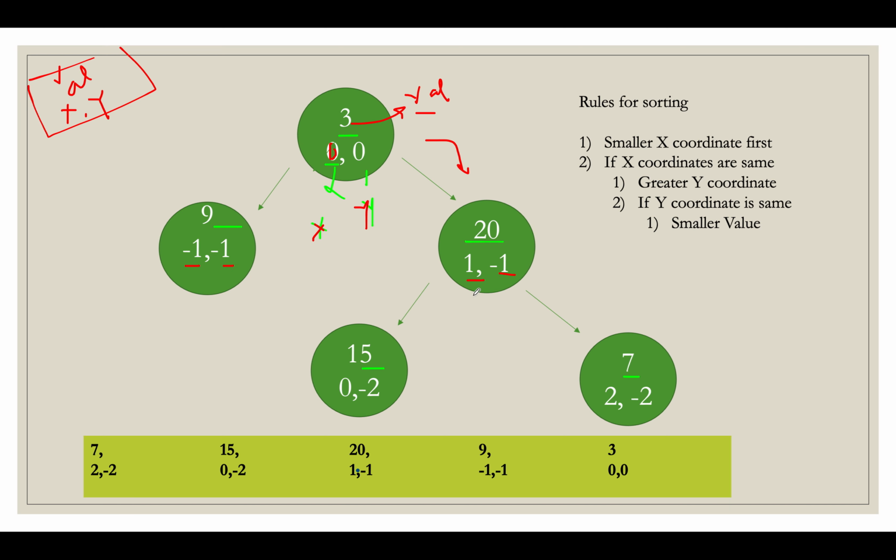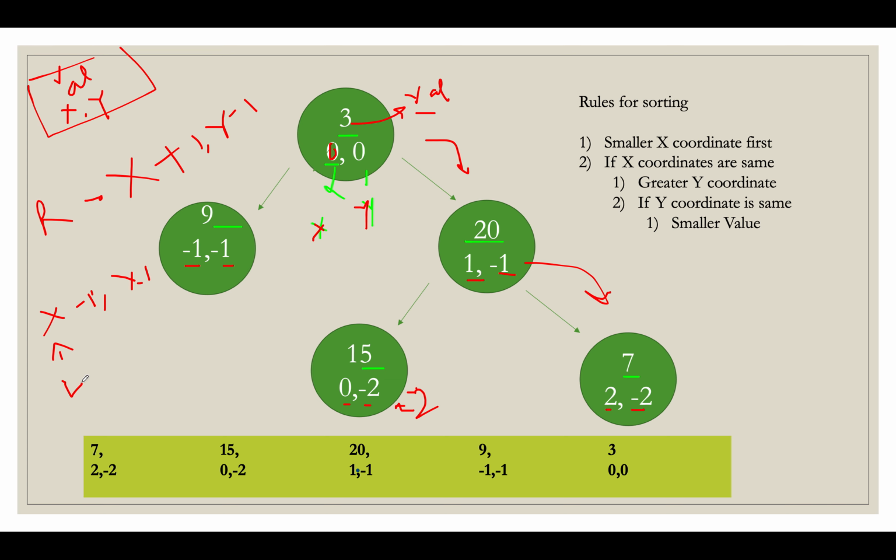So 1, minus 1. Now from this position you go left, x reduces by 1 and y reduces again by 1. So 0, minus 2, because that's level 2. This minus 2 represents the bottom level, and since we are going deep, it's negative in nature. Then let's go right. So we got 2 and minus 2 here as per the rules. So right stands for x plus 1, y minus 1, and left stands for x minus 1, y minus 1. This is for the right index, and this is for the left index.